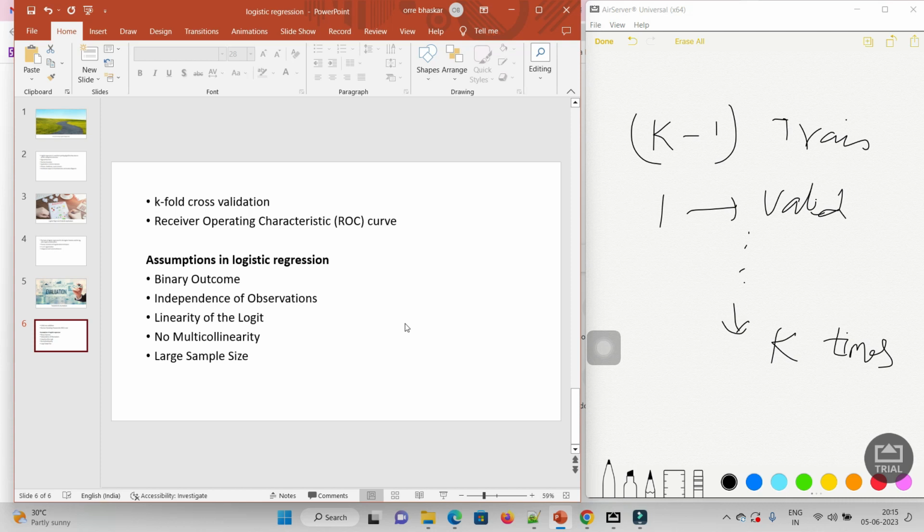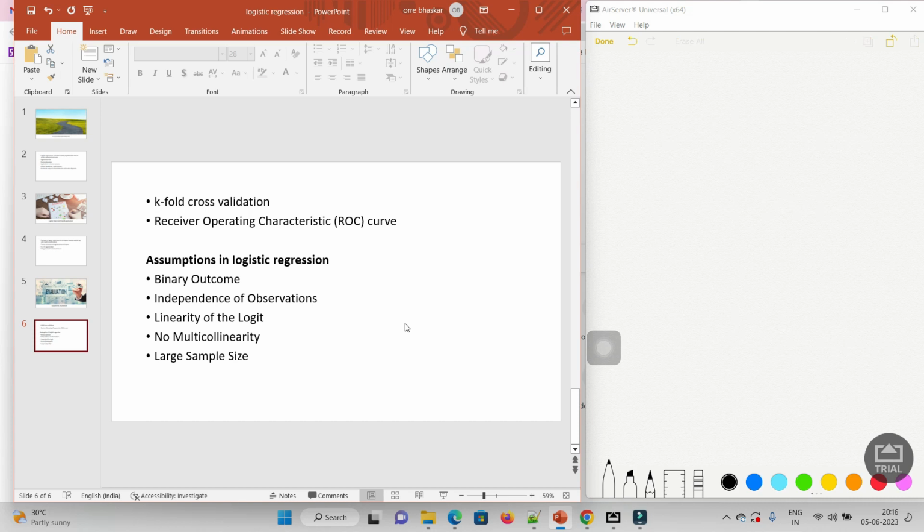Now that we understand the K-fold, let's go to another topic. Receiver operating characteristic curve, also called the ROC curve, in logistic regression. It helps us to understand how well the model can distinguish between two classes. To explain ROC in simple terms, imagine you have a logistic regression model that predicts whether an email is spam or not. The ROC curve visualizes the trade-off between the model's true positive rate, also called sensitivity, and its false positive rate,